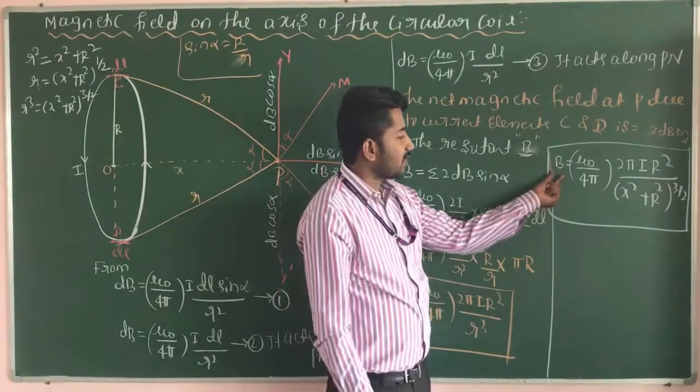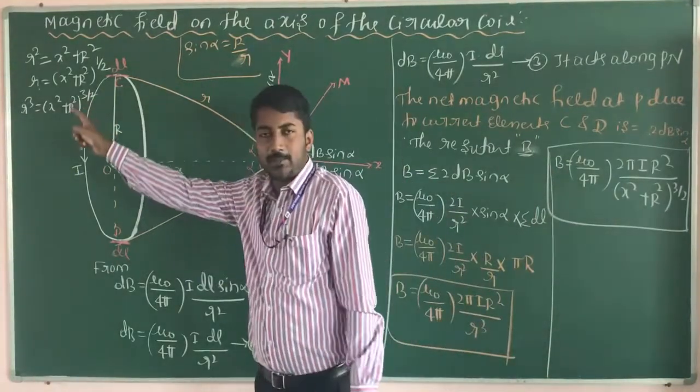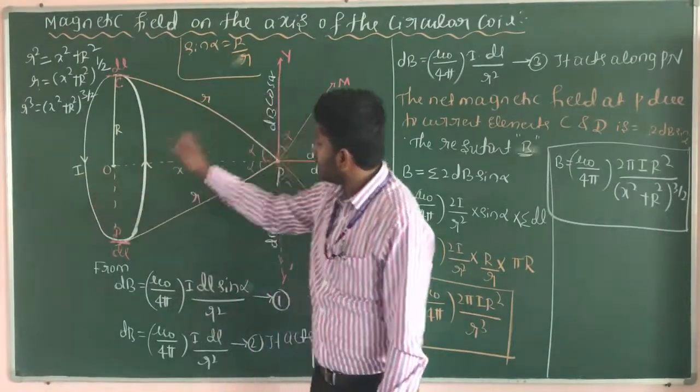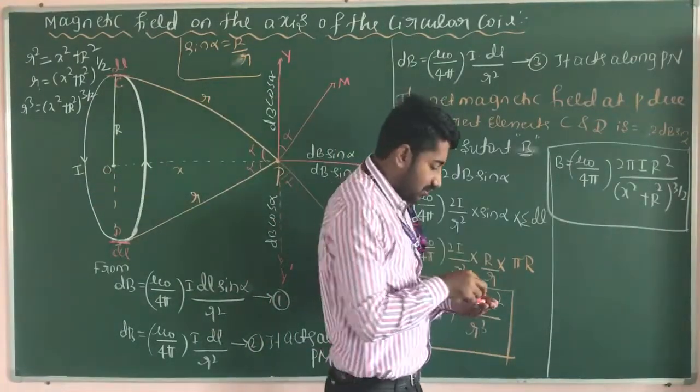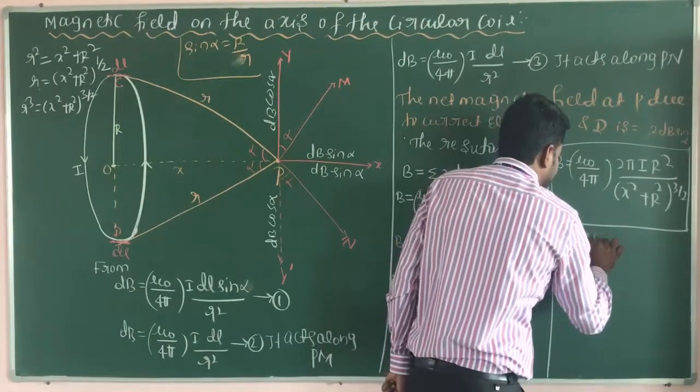Here this value is only for one turn. Suppose it contains n number of turns. Due to those n turns, the magnetic field is produced at a point. See here, for n turns,